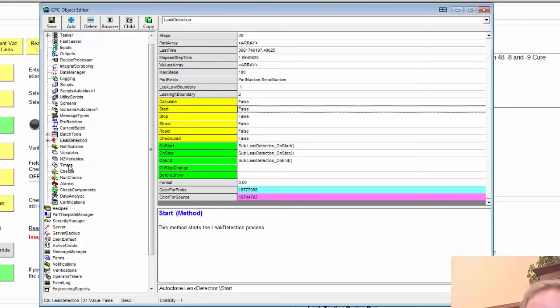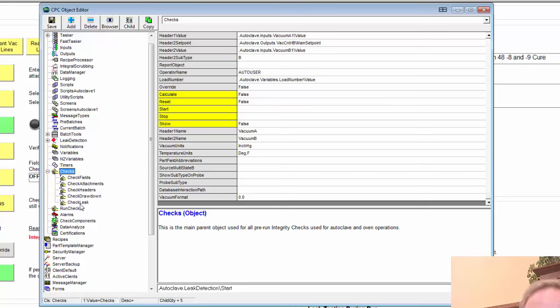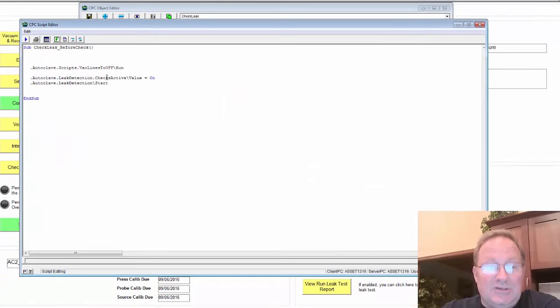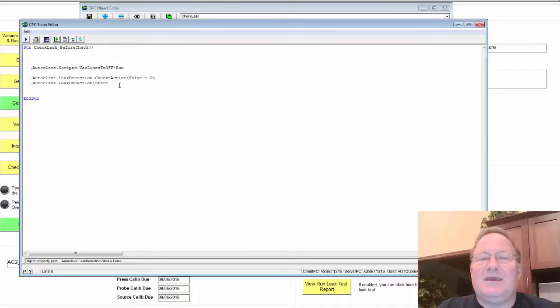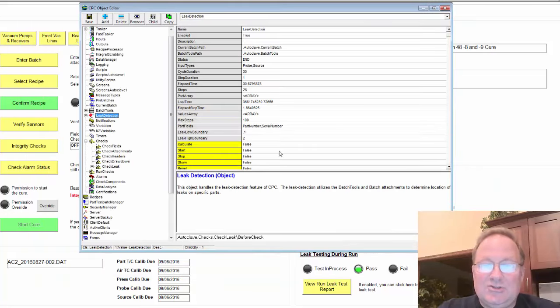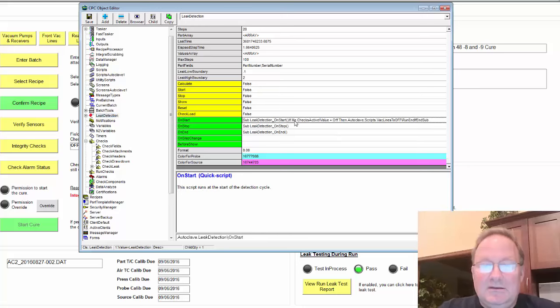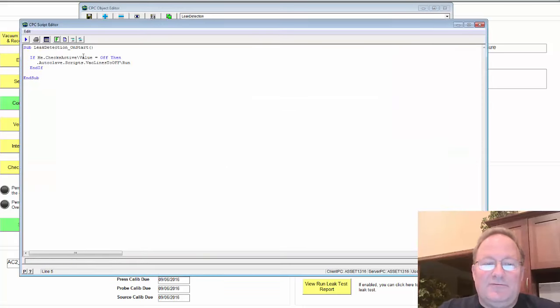So in the checks object, you'll see under check leak, before check, I'm actually running the start of the leak detection object. Now, one thing I have added is a variable called checks active underneath the leak detection object, and the reason I'm doing that is because there is a start script for the leak detection process too, and I don't need both checks turning off valves and turning on valves. So basically, in the leak detection start script, you'll see that it only turns the vacuum lines off if the checks are not active, and so we want to create this checks active